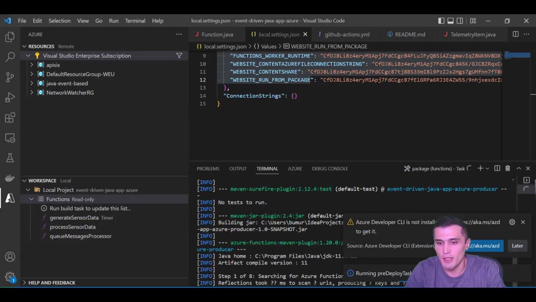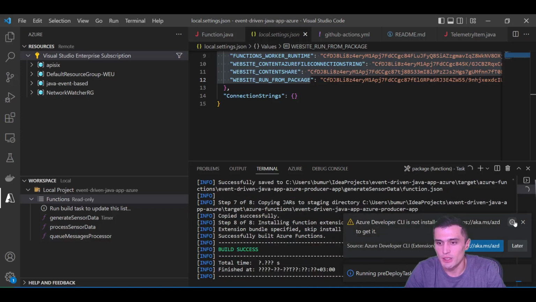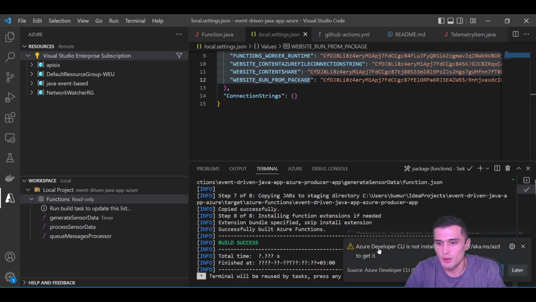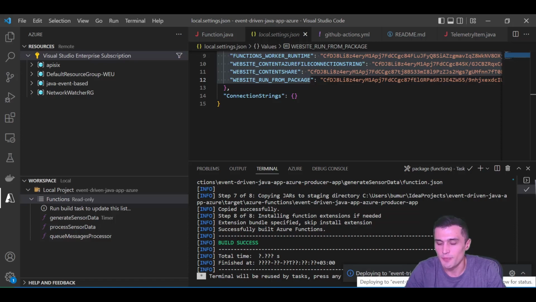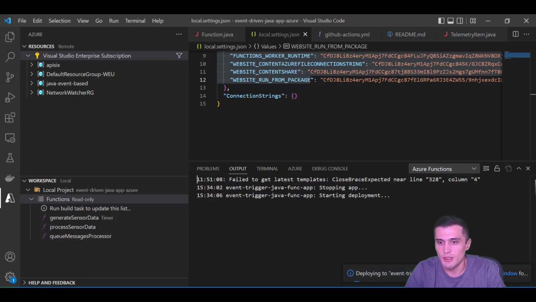It takes a while, depending on the number of changes, and it's also proposing to use the Azure Developer CLI to do that. Now deploying started, and we can also check the output window to see what's happening, and follow the logs to track the deployment status. As you can see, the deployment has just started. Now we need to wait for a while so our change is reflected on Azure.